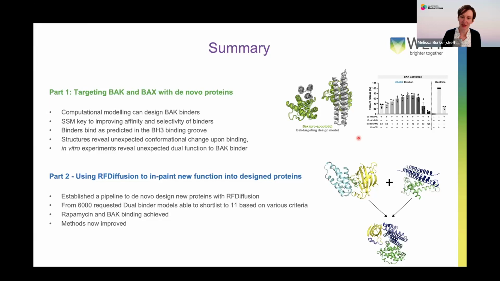You said right at the end that you probably wouldn't use RF diffusion in this way anymore. So if you were going to do this again, what would you change about your approach? Well, the methods have changed a little bit. MPNN, you now have an all-atom version of that, so you can use your small molecule binder, or the small molecule you want to build a scaffold around, directly in the simulations. That is the major thing that I would change.